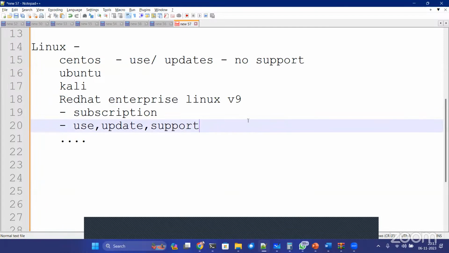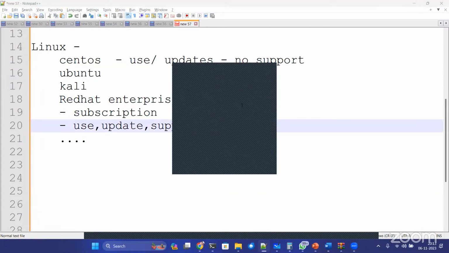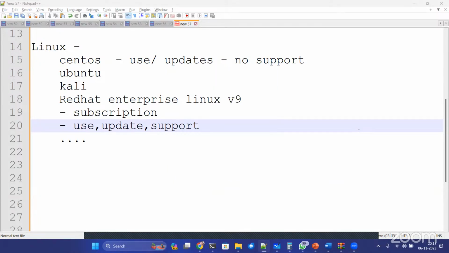Okay. Someone was asking, what is the difference between VMware Player and VMware Workstation? See, VMware Player is a free version with limited functionality. You can use it for personal use, obviously. But VMware Workstation Pro is more or less a commercial software where if you are working for an organization,